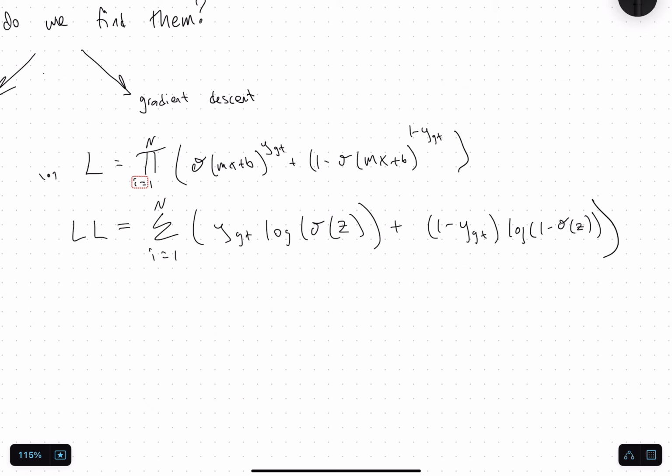In calculus, obviously, if you want to max something or argmax something, you take the derivative and set it equal to 0. And we're going to do that to an extent, but unfortunately, if we try to set it equal to 0 and solve for m and b, it's not possible. So we need an iterative algorithm that we can continue